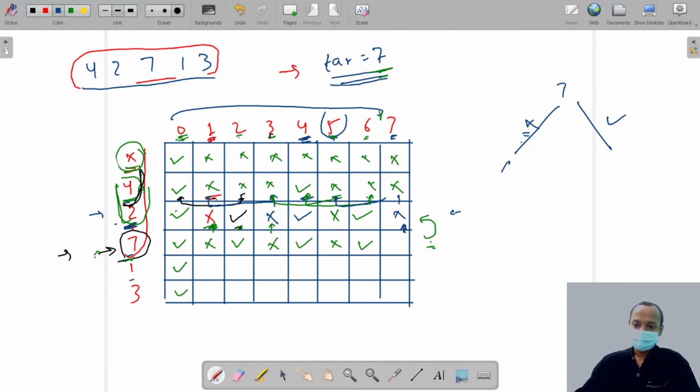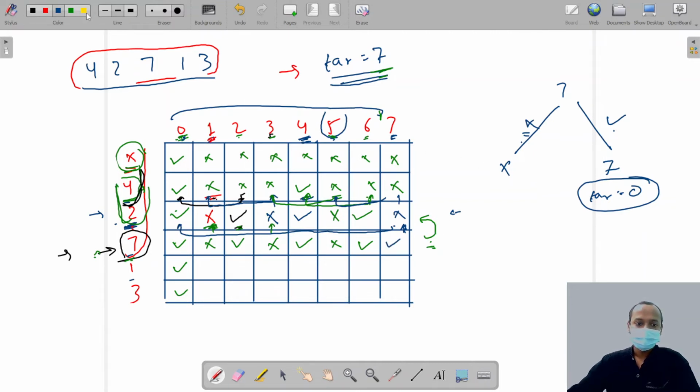They say no, we can't. Then we select this player and he makes 7 runs. Now the target is 0. Then we ask the rest of the team, can you make 0 runs? They say yes, we can. So I'm just writing 2.